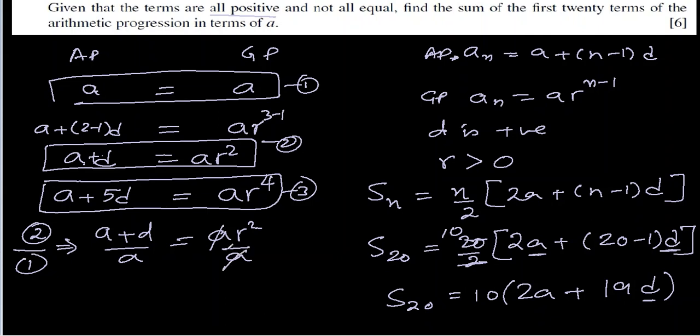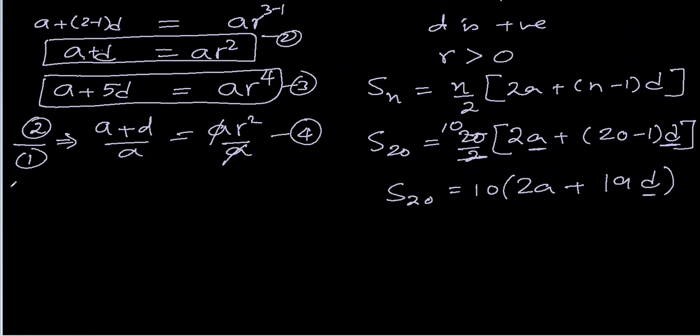See, A and A got cancelled out. R square is (A plus D) over A. Alright, this is equation number 4. Now to get one more situation, we can divide 3 by 2. So A plus 5D, left side, divided by the left side A plus D, equal to